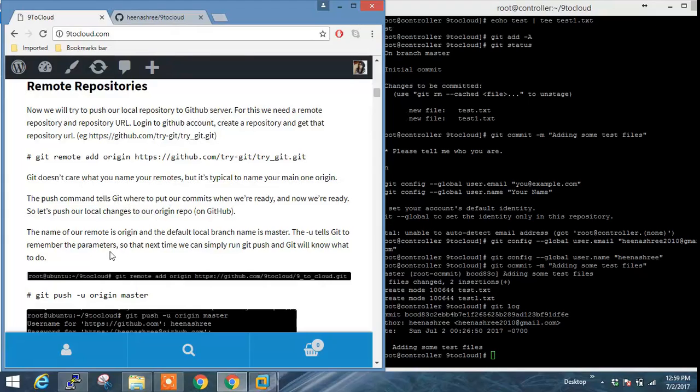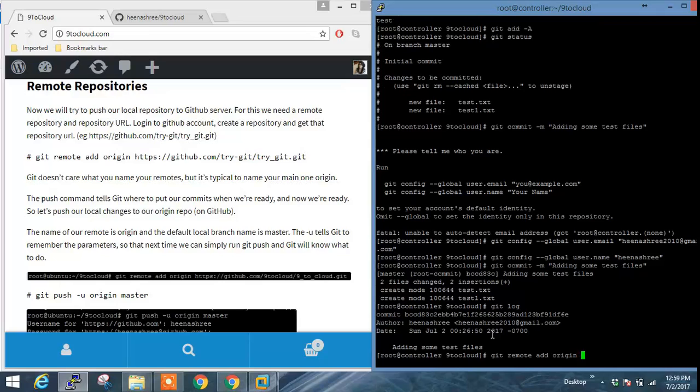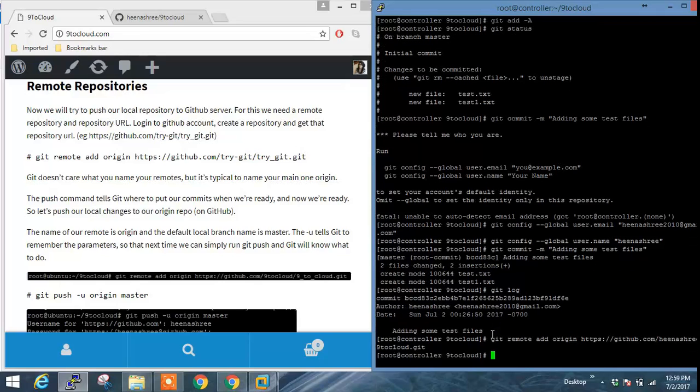Now what does it say? git remote add origin. This is the command which tells your local git that it wants to add an origin. Origin is where you want to push your code or your set of files. So it is telling git that I need to add this particular place which is known as origin, where I will be pushing all my code. So we'll do git remote add origin, origin being this. Hit enter. Now you are safe to say that I can push